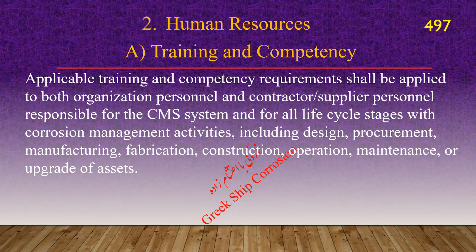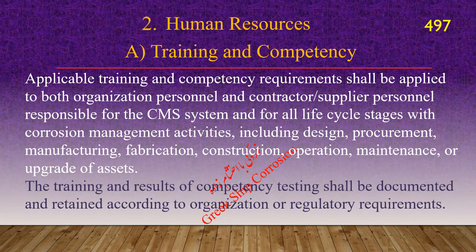Applicable training and competency requirements shall be applied to both organization personnel and contractor supplier personnel responsible for the CMS and for all life cycle stages with corrosion management activities, including design, procurement, manufacturing, fabrication, construction, operation, maintenance, or upgrade of assets. The training and results of competency testing shall be documented and retained according to organization or regulatory